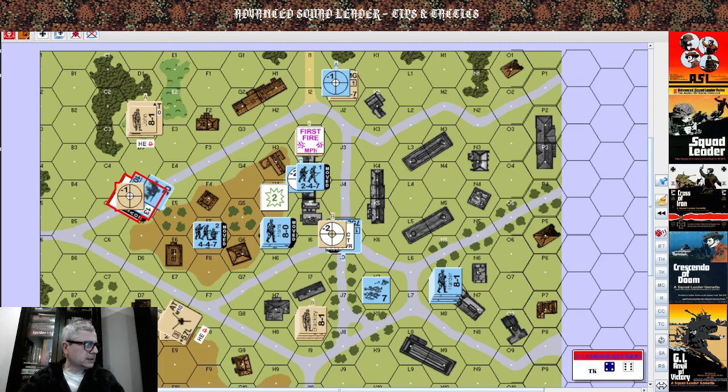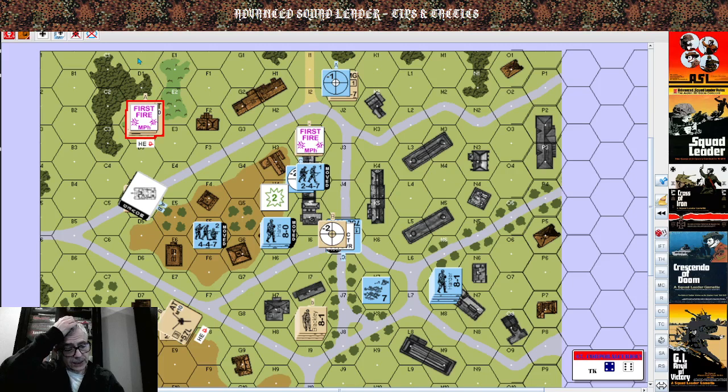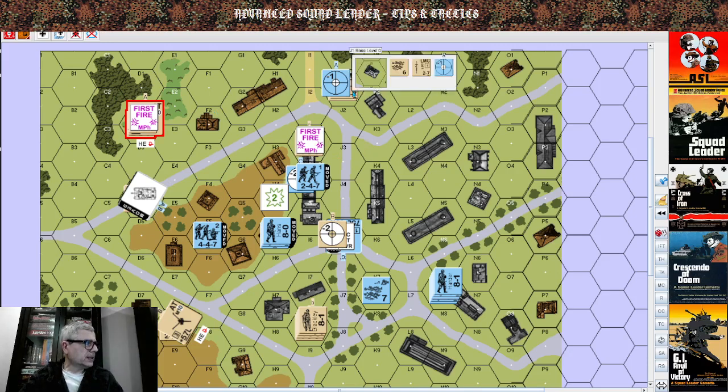Roll a 10. I think at that range it was 16 to 16. So I needed anything but a 12 to eliminate that tank. So I just got 2 wrecks there. That was my good tank, and I could have used him actually